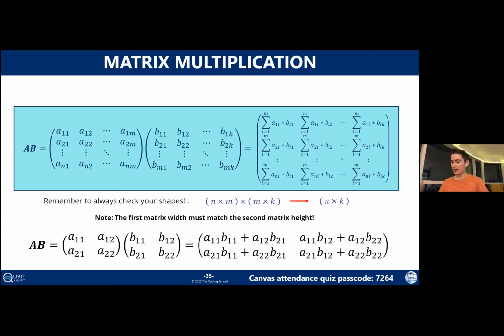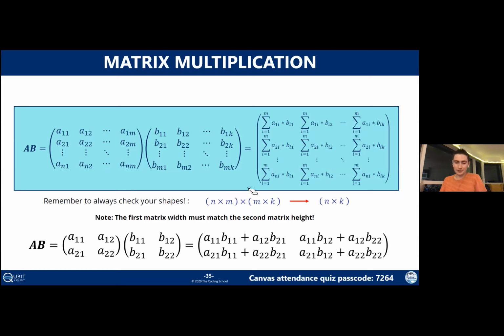But before we do that, let's just make a quick mention of dimensionality again. Now we have an n by m matrix, which is the same as we had before. But instead of an m by 1, which represents a vector, now we have another matrix, right? So it could be m times k other columns. The same rule applies though, which is that the two numbers in the middle here have to be the same. So here they're both equal to m. When you multiply the matrices, these numbers kind of cancel out and you end up with something that is n by k. So n rows, k columns.